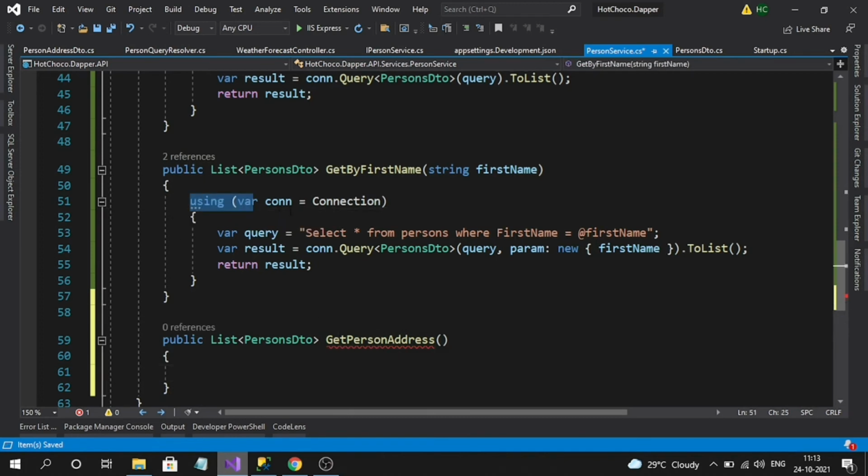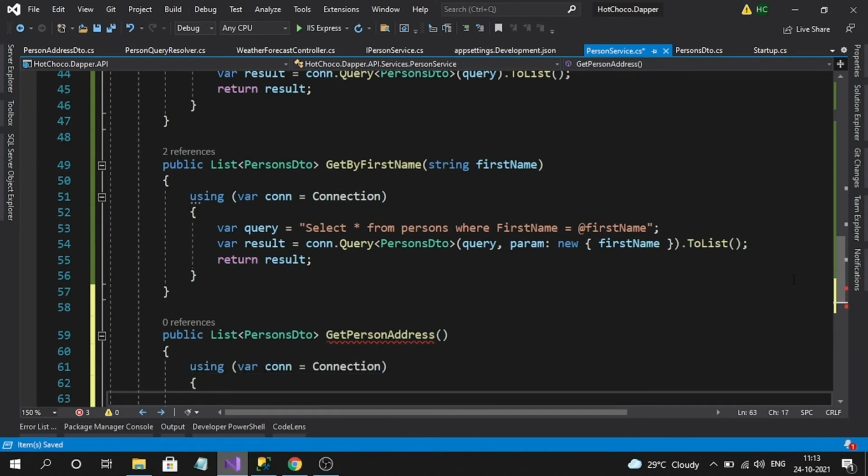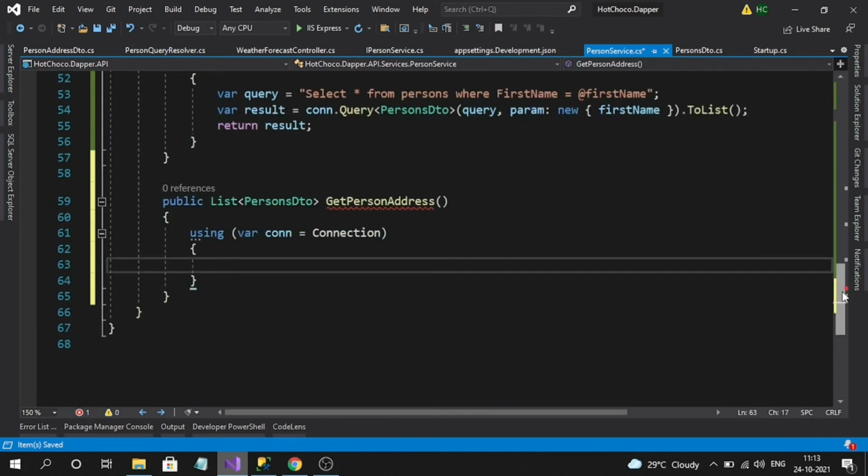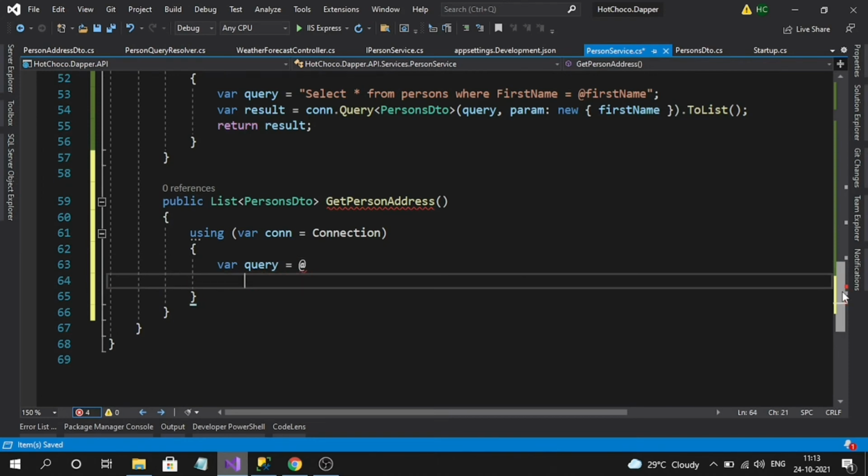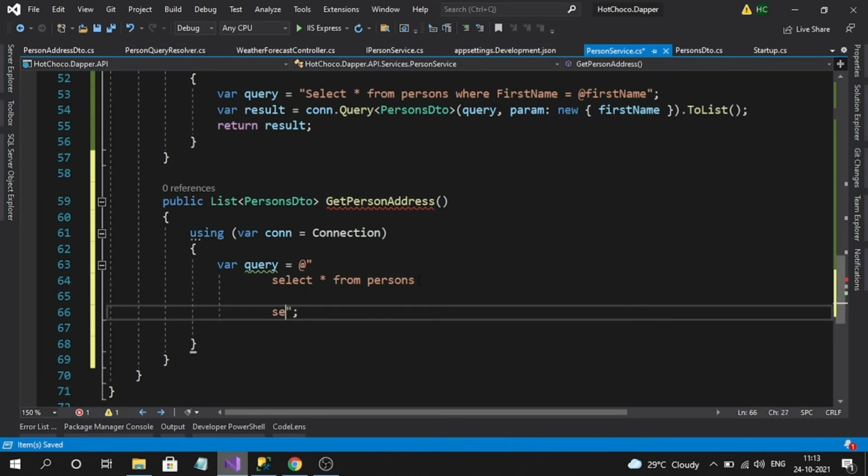So let's copy the using statement, where query equal to persons, select star from.